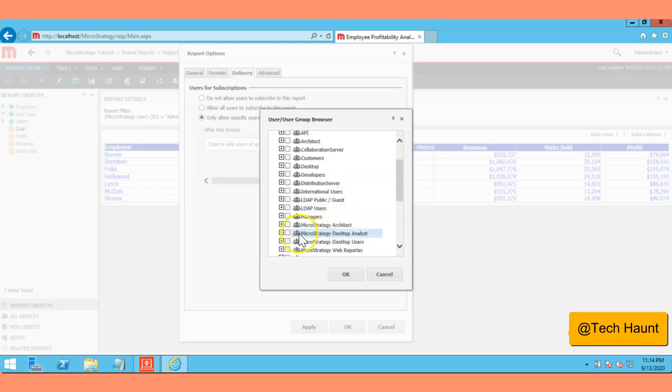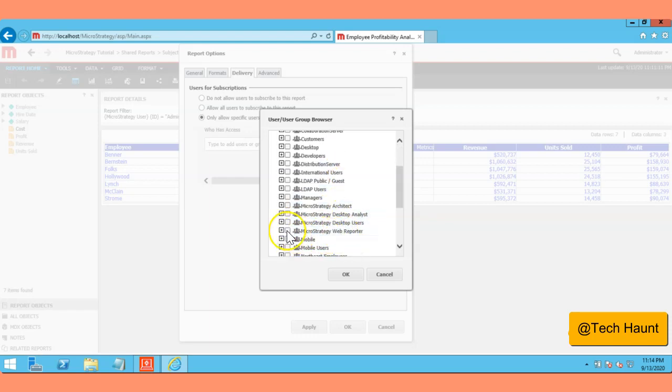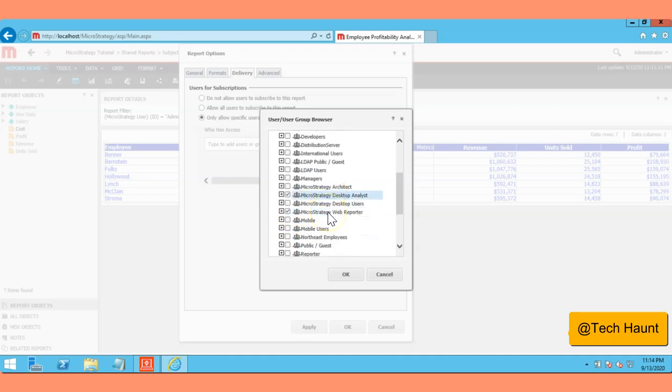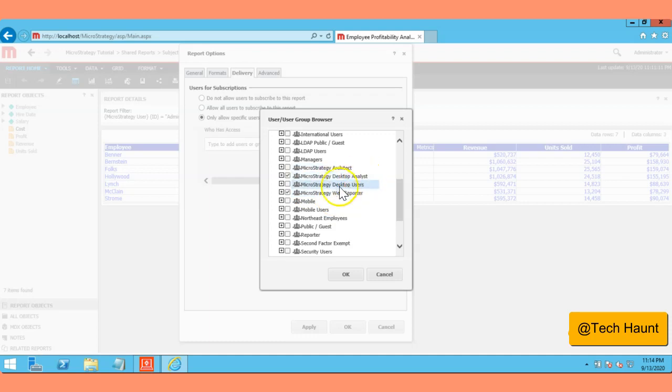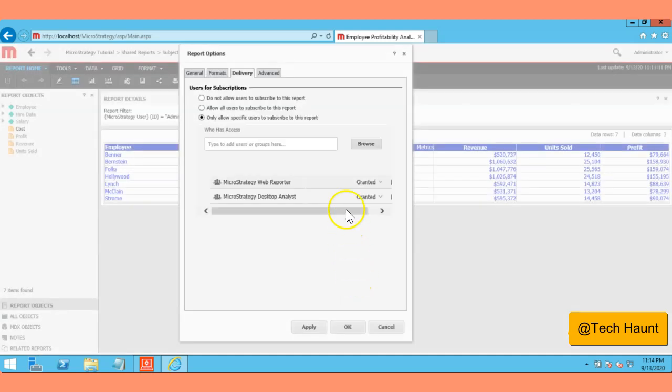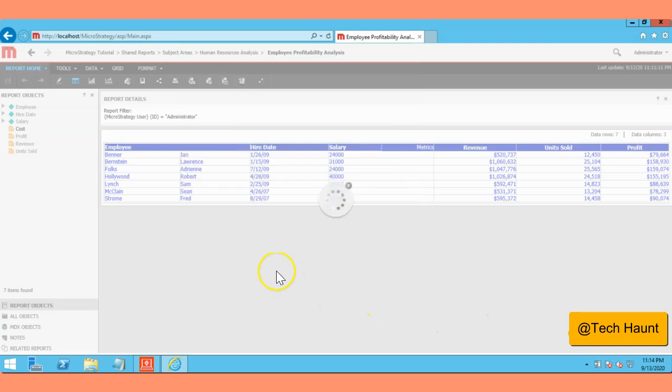You have many options right here, so you can select them, the MicroStrategy Web Reporters or Desktop Analyst. I just want to give the permissions to these two groups only. That's the process to restrict your subscriptions to particular users from here, and you just need to click on OK.